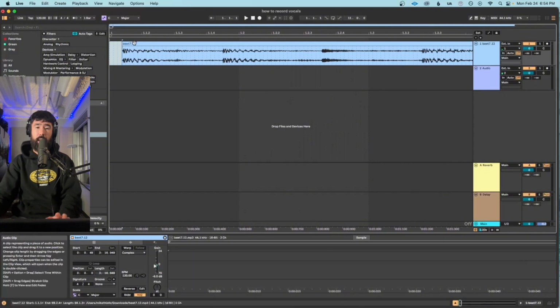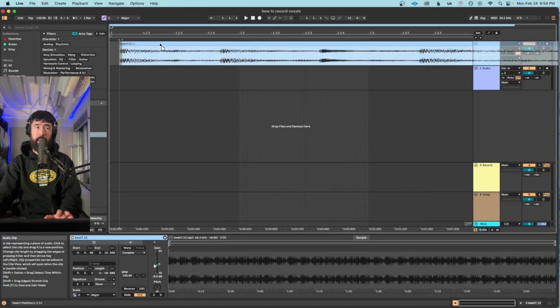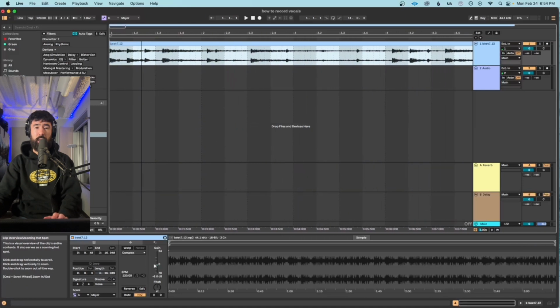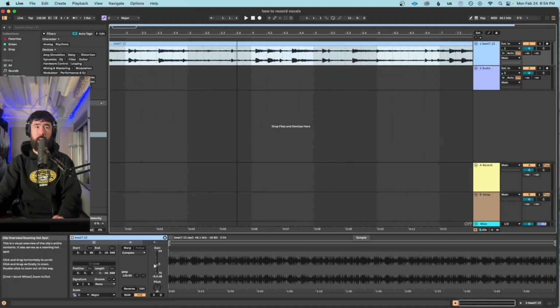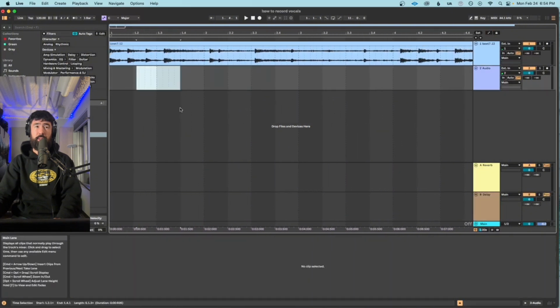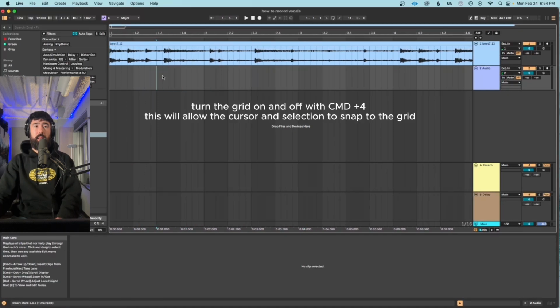Now there's no air at the beginning of the beat anymore, and we're going to slide that over to the very beginning. The reason why we do that is because we want to set the project tempo to match the tempo of the beat. Now you can see right now that there are these grid lines in Ableton, right? And so if I'm dragging my cursor over there, you can see there's these little